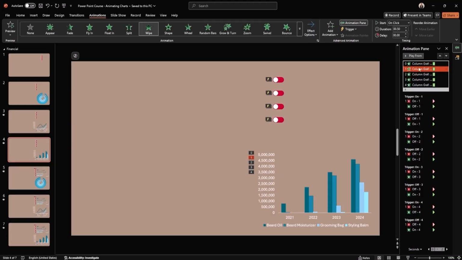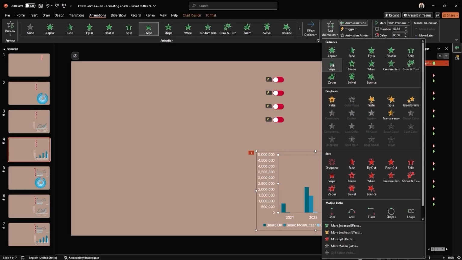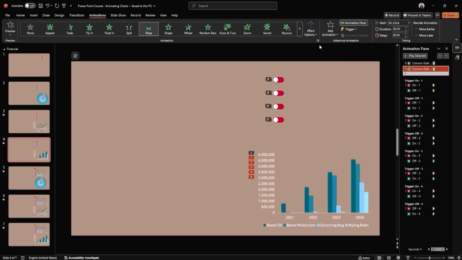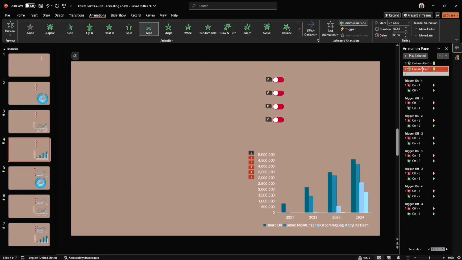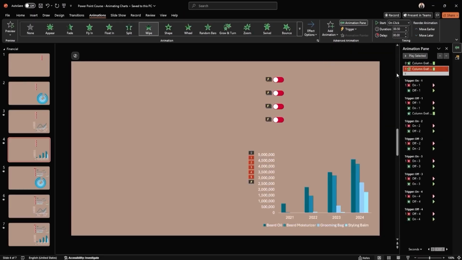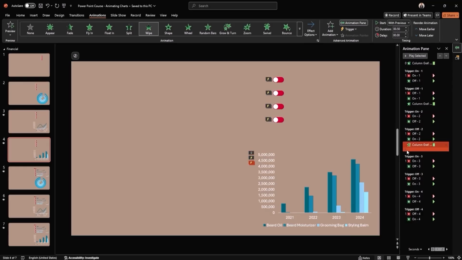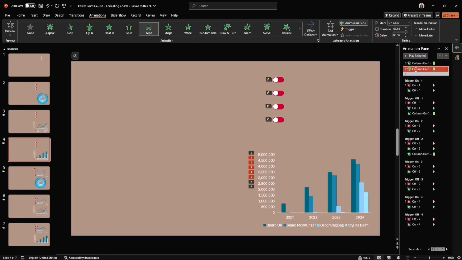Start by deleting the first 4 columns, leaving only the background. Then, go to the Animations tab and choose the Wipe Entrance animation. Go to Effect Options and change the direction to From Left. Set it to Start with Previous. Drag the animation down into the off-1 trigger, and then delete the remaining columns so that only the correct one is left for that trigger. And then repeat this step for each off trigger.